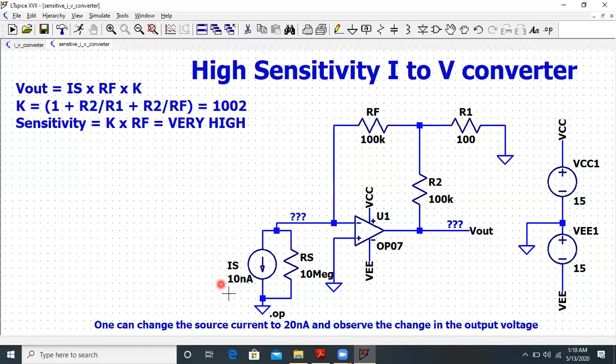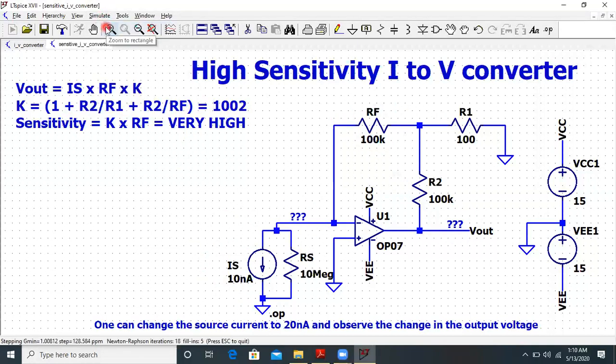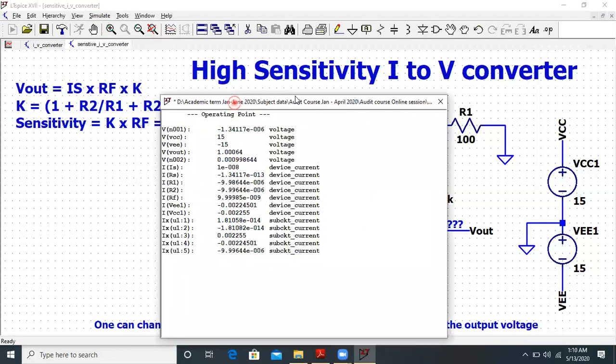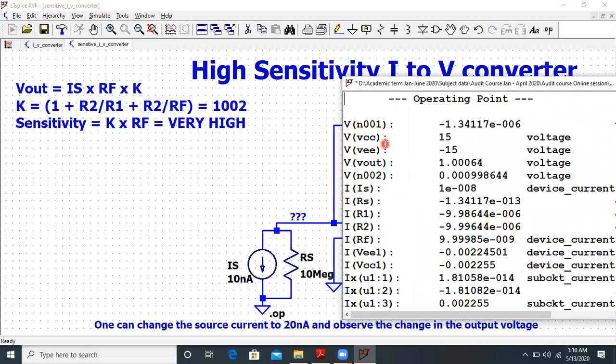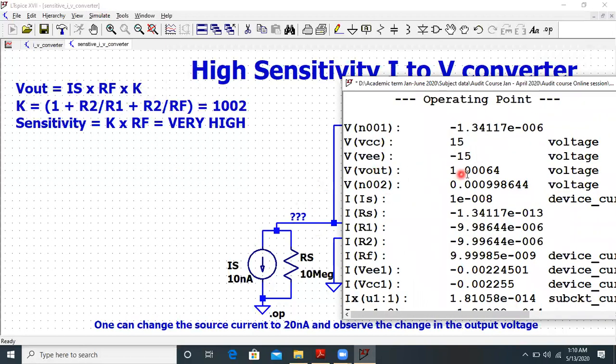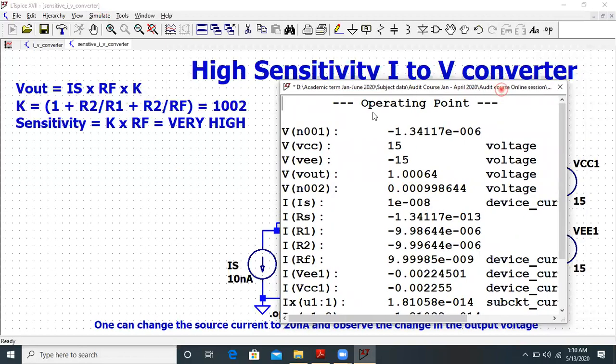My source current is 10 nanoamperes in this direction. I've already built up these connections, so let us directly go to the simulation and simulate the circuit. Just like last time, I have already labeled the input and output nodes, which should directly give you the value. Your V out is coming out to be 1.000, and the IS value is around 10 nanoamperes.